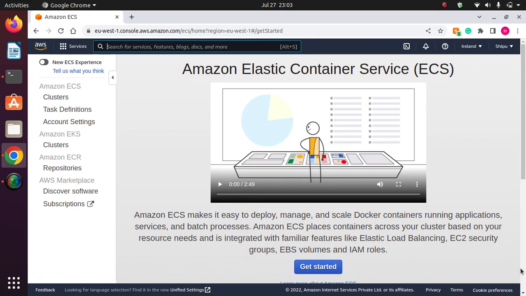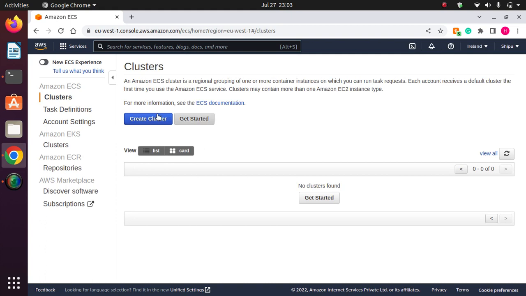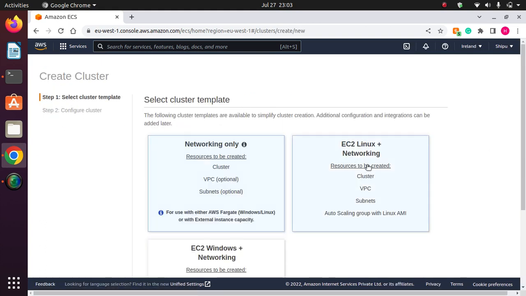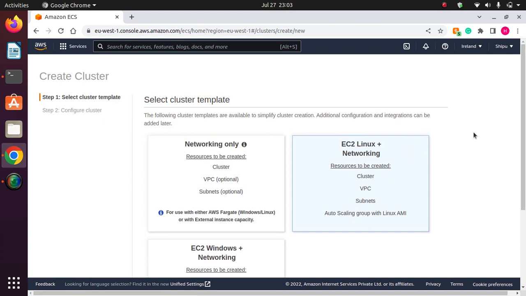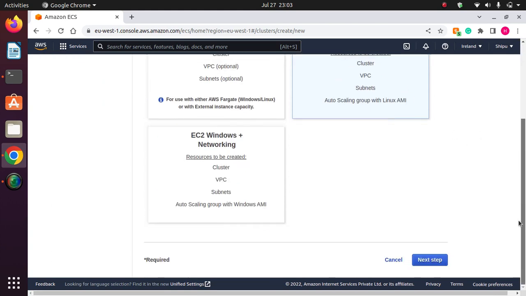In this video, I'll explain how we can configure an elastic load balancer and the auto scaling group in ECS. So let's get started. I'm going to the cluster, and first of all I need to create a cluster. In my previous video I told you how to create a cluster and the service. So I'll directly go here,